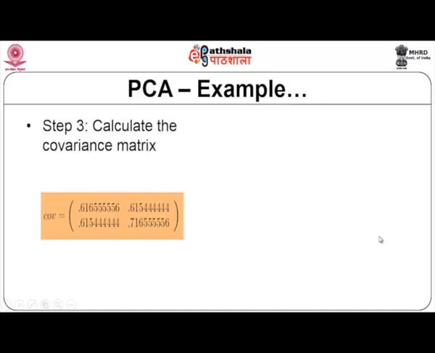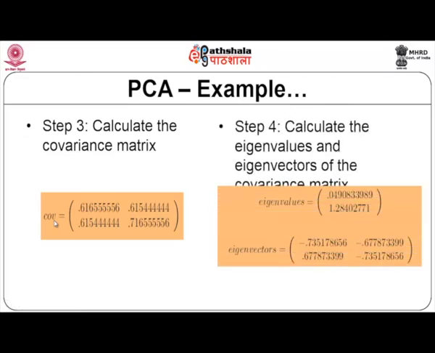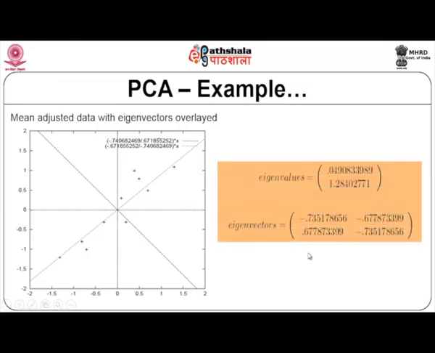Now, with the computed mean adjusted data, you will have to calculate the covariance. Covariance can be calculated using the equation which we discussed earlier. From the covariance matrix, you will have to calculate the eigenvalues and the corresponding eigenvectors. Now, with the help of the eigenvalues and eigenvectors, you can come up with a completely new plot. The zero adjusted data which we calculated as part of step 2, when plotted here,